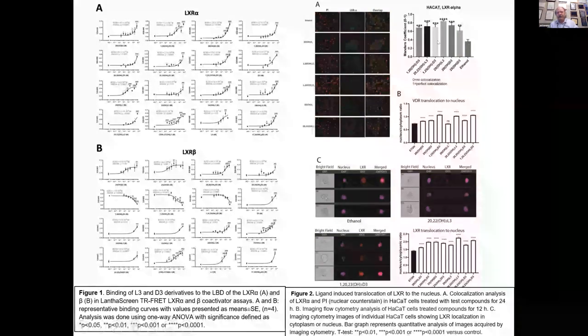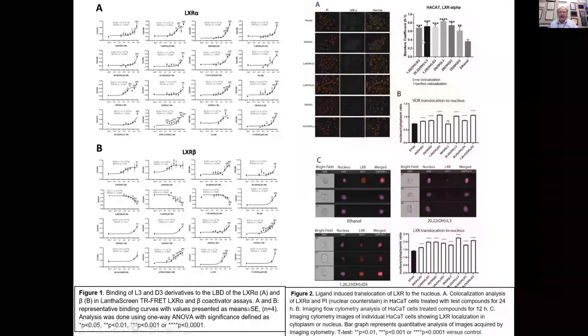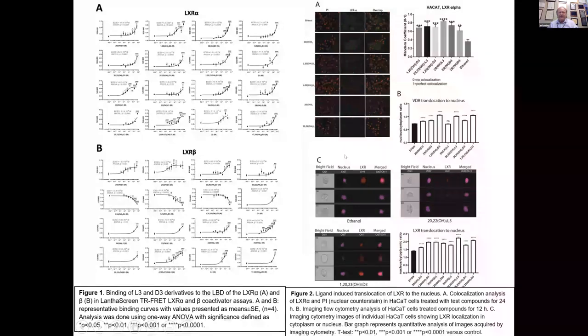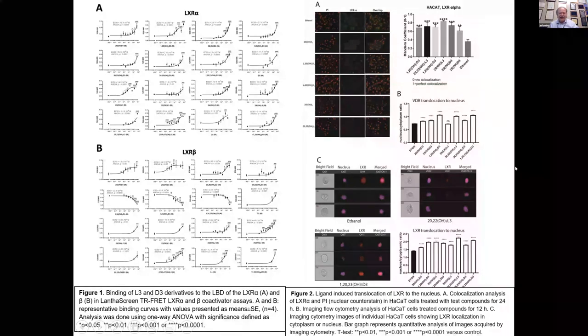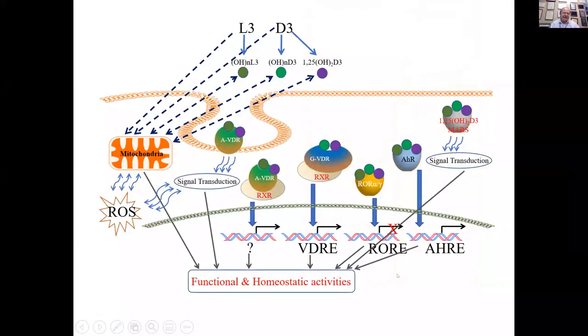This is the quantification. This is the ethanol control and the induced translocation. It was done by Alan Oak. Then here it was done by Radomir Slominski using image flow cytometry, which shows that the ligands induce the translocation of LXR alpha and beta into the nucleus. Then there was computational modeling, which I do not have enough time to talk about, done by Yue Song under the supervision of Yuhua Song, which further confirmed, with simulation, the interaction of